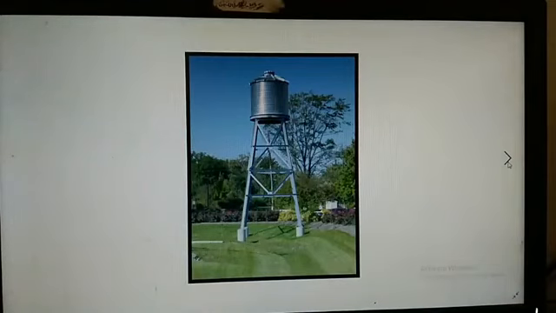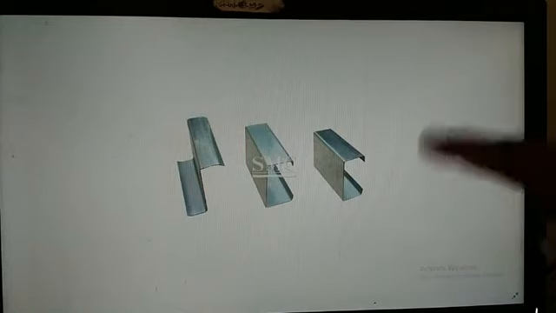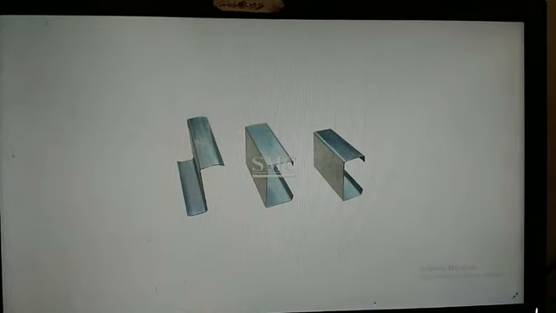Steel water tank, overhead water tank. Good morning, good morning. Yeah, so yesterday I told you, right, cold formed sections. So this is the cold formed section. So cold formed sections will look like this. So it will be very slender, thickness will be very small, where it will be used for structural frameworks. Okay, so regular, see here you can see the C section, you can see the Z section, right? So regular our hot roll steel sections will have a predefined thickness.